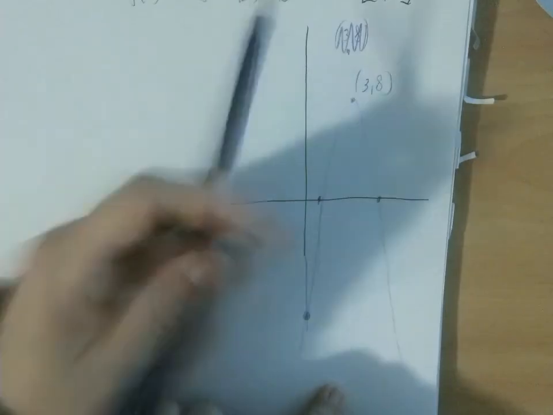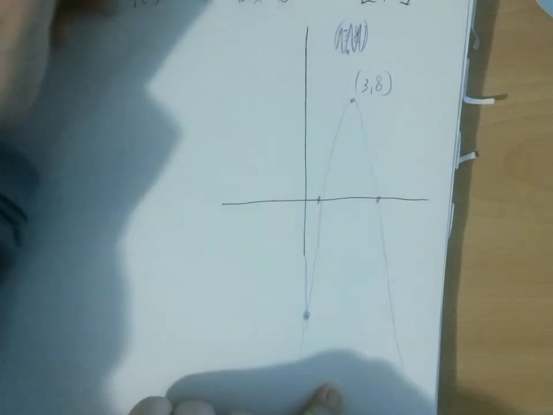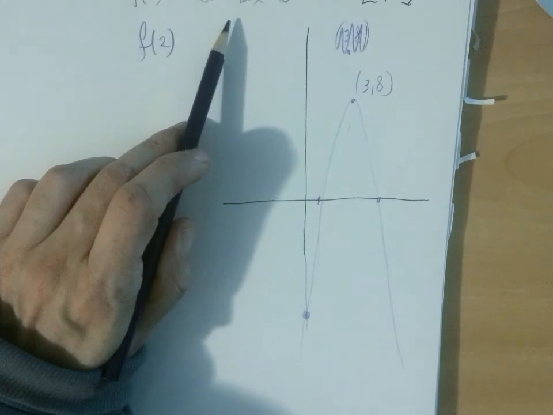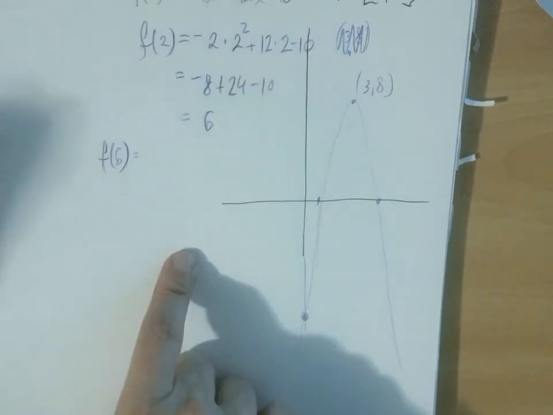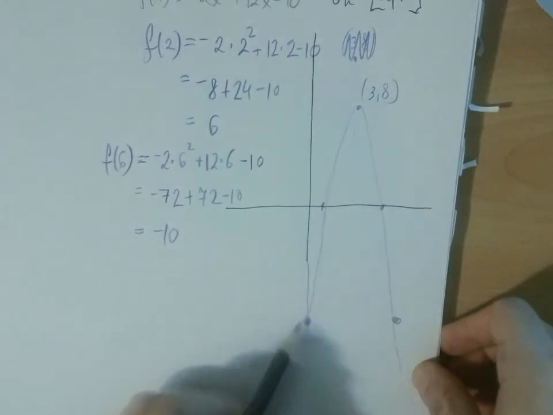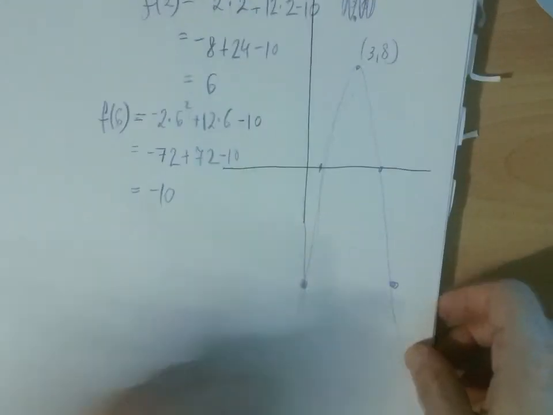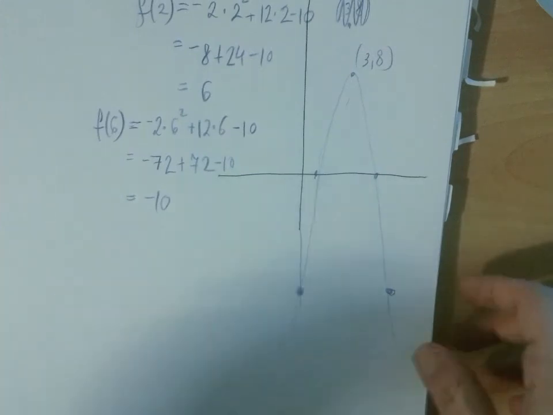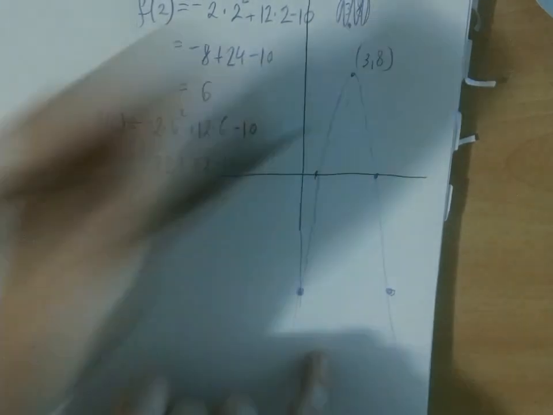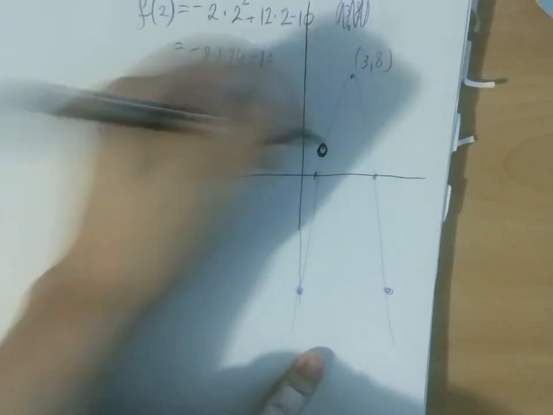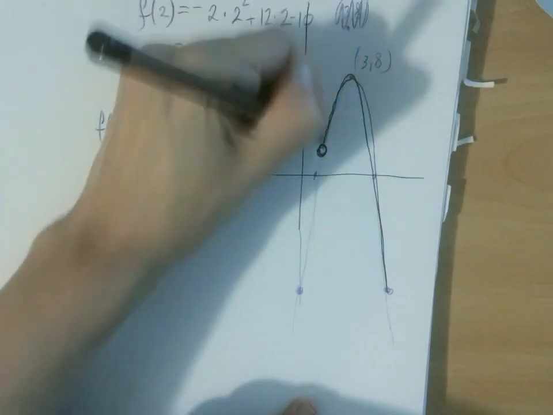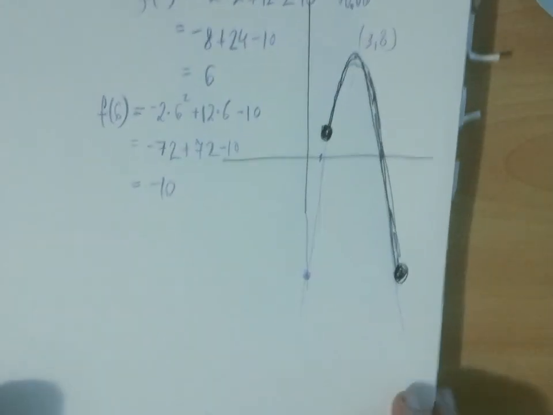Let's find f(2). f(2) would be, we just substitute 2 into the function. I'm getting -4. Let us also compute f(6). And we get -10, which kind of makes sense. There is this outer symmetry. Okay. So what this means is that our function was restricted to the domain from 2 to 6. And that means that we're capturing this part of the graph. Okay, and now we're ready to answer